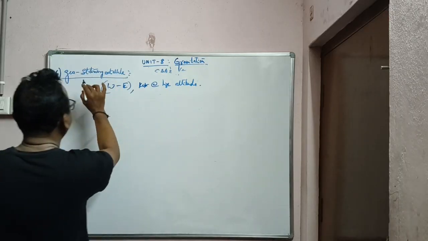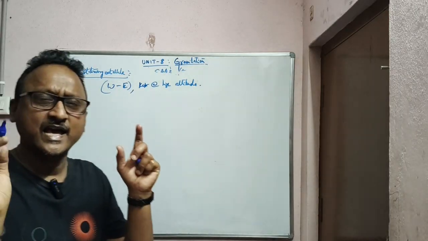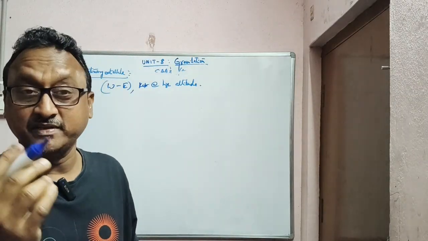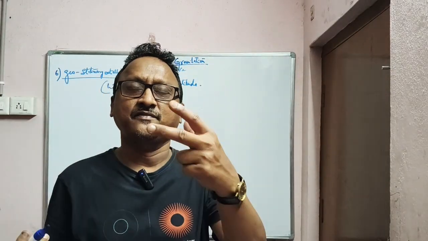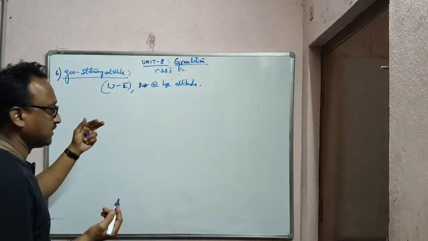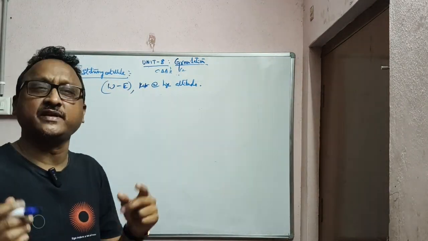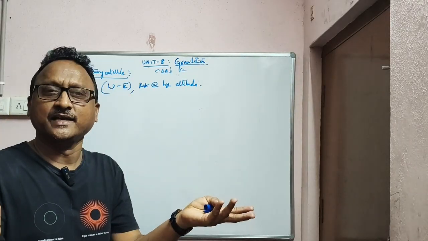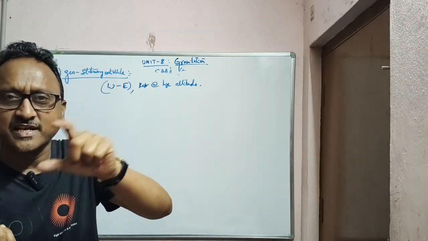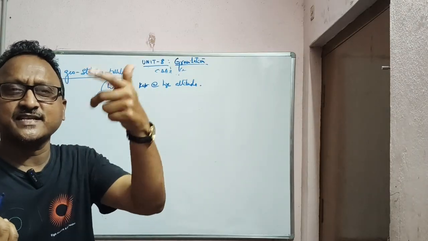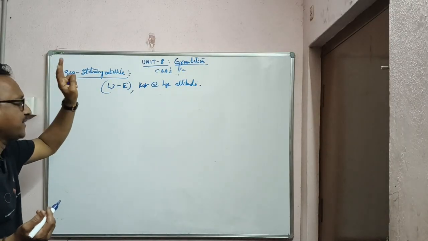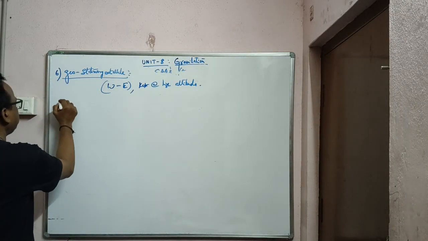So first of all, we are asking what is a geostationary satellite? It is an Earth satellite, which revolves around the Earth with the speed of the Earth. So with respect to Earth, if you observe, it is observed as stationary. Suppose a person is standing on the Earth; if he observes it, it is not moving. It is observed as stationary because both the velocities are the same, so the relative velocity is zero. Therefore it is called geostationary. That is the main thing. And he asked for uses.